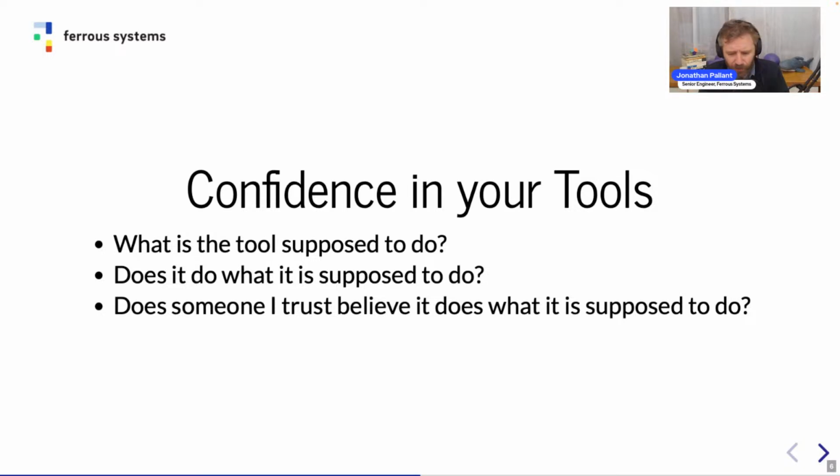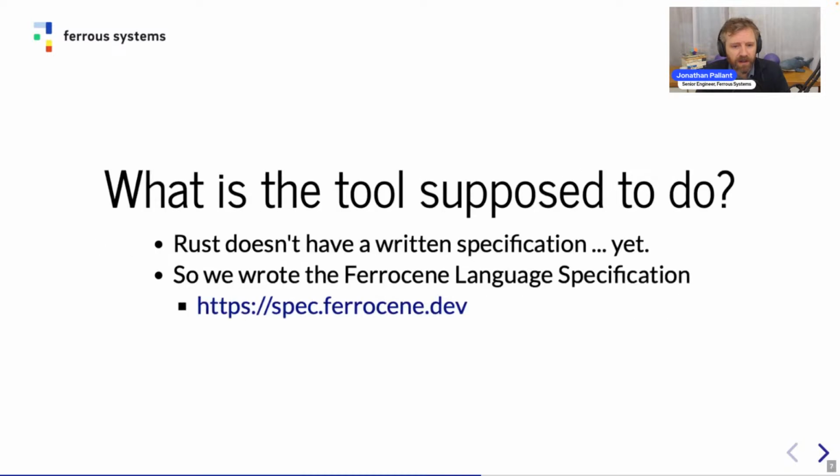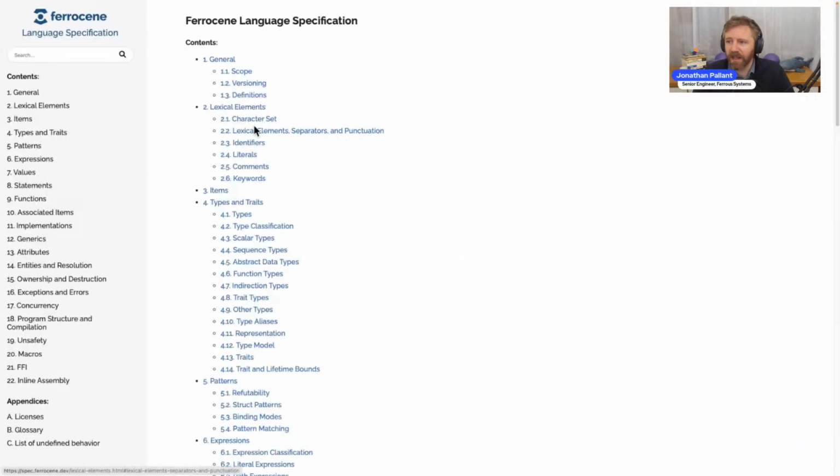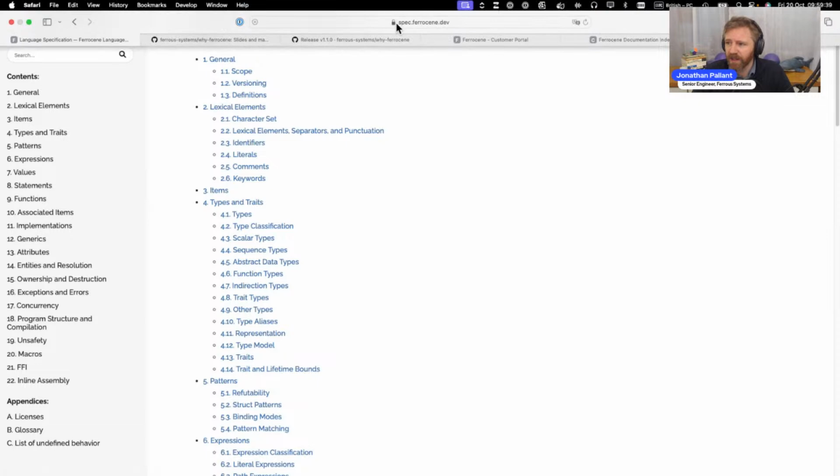And getting confidence in the toolchain is about three things. It's about knowing what the tool does. It's about checking it does what it is supposed to do. And then it's about proving to someone else the first two items. In terms of what Ferrocene is supposed to do, Rust does not have a written language specification. So we wrote one and we published it. It's open source, it's online. It is the Ferrocene language specification, lives at